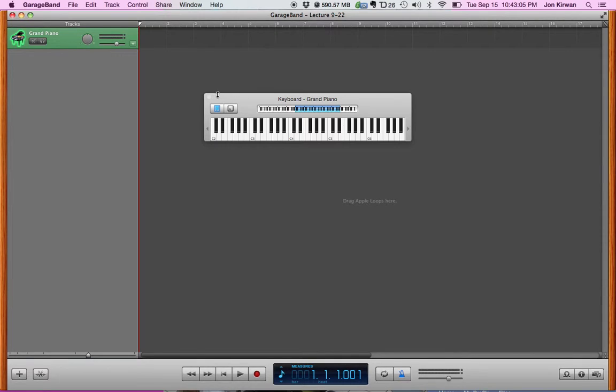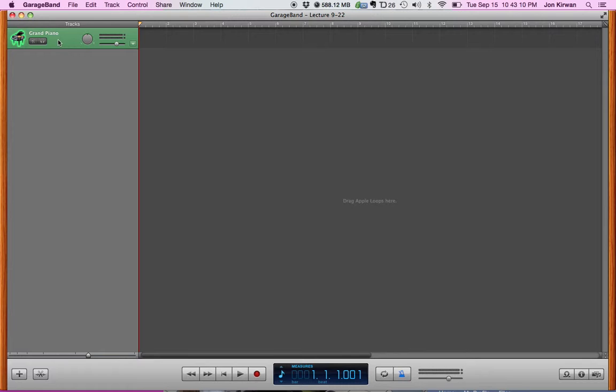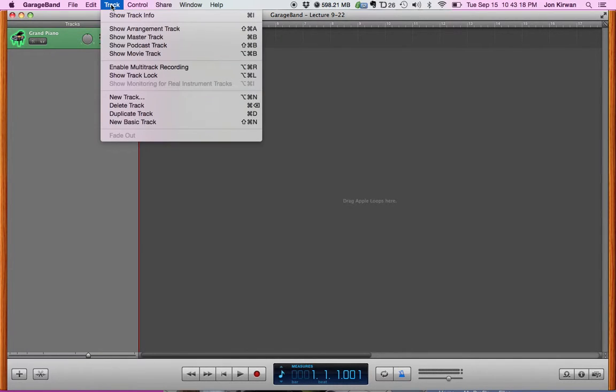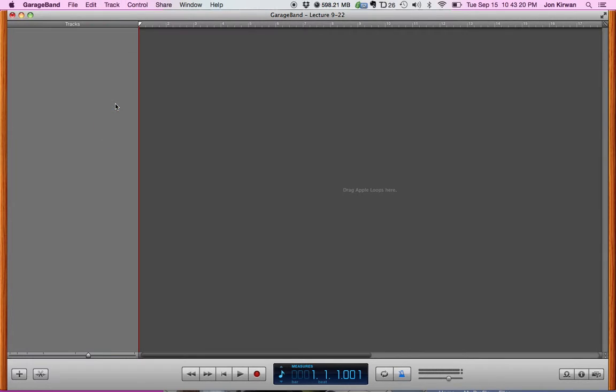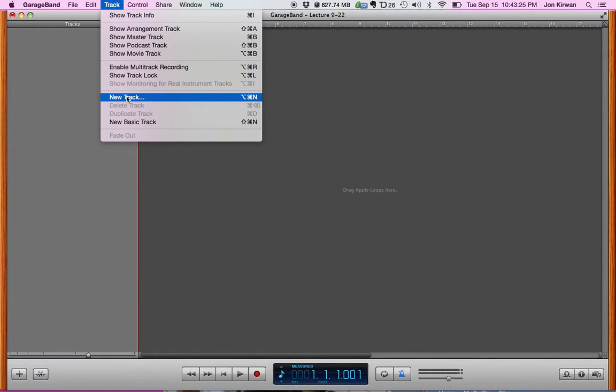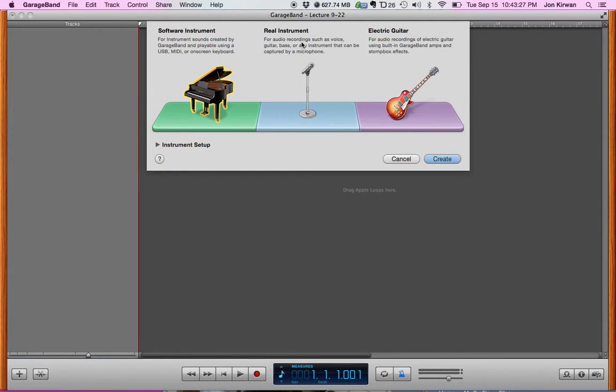Okay, all right, let's get rid of the grand piano. Unless you're Father Malay, you might want to keep the grand piano. You don't need to get rid of this grand piano track. You can just leave it there to do nothing, but we'll just delete it anyway. Okay, so go up here to track and click new track. Click the middle reel instrument,